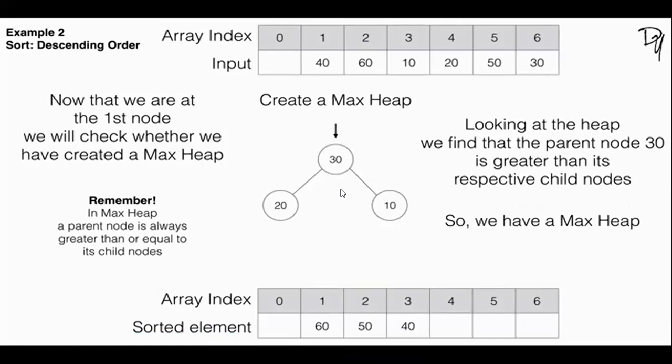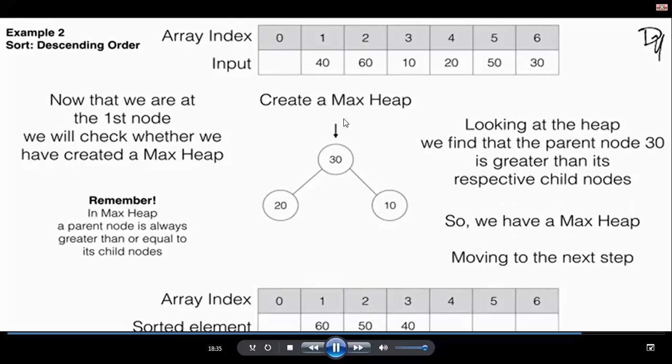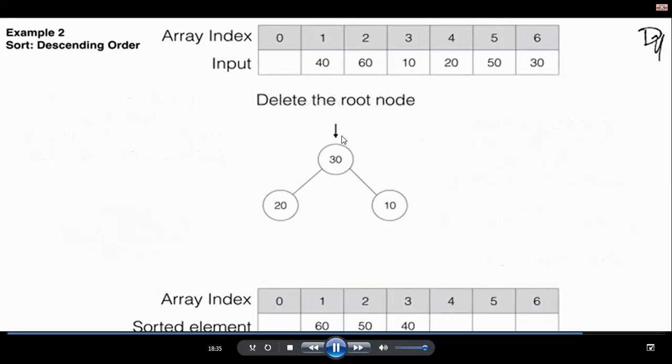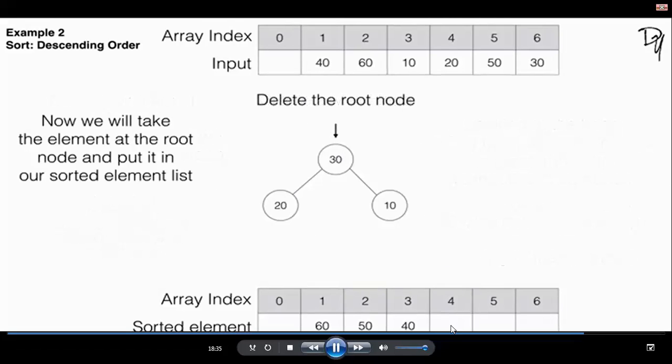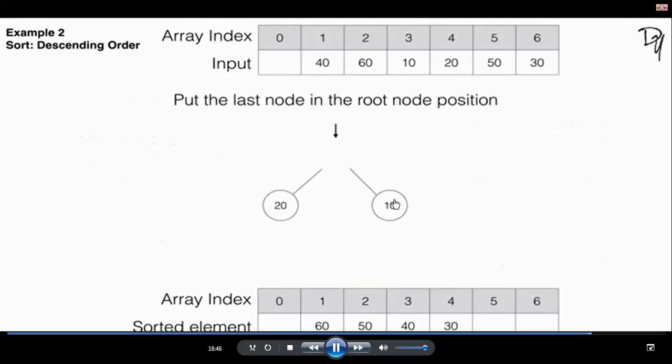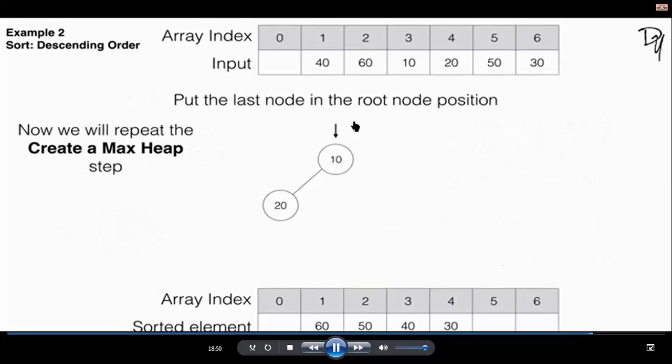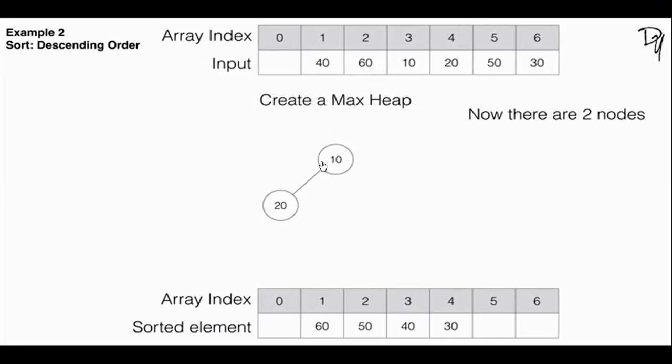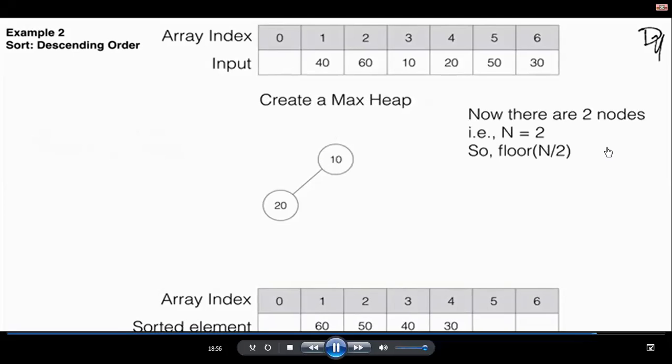So what is the next step? We can delete this root node and put it into the sorted array. Sorted element list, I can put that and replace with the last element. Right, again what do we have to do? Creating the max heap. So the total number of elements is 2. 2 by 2,